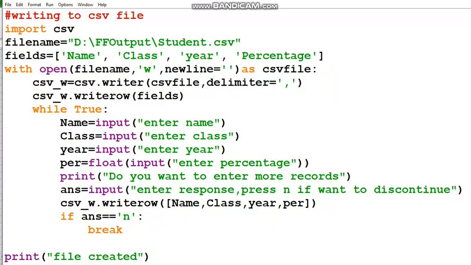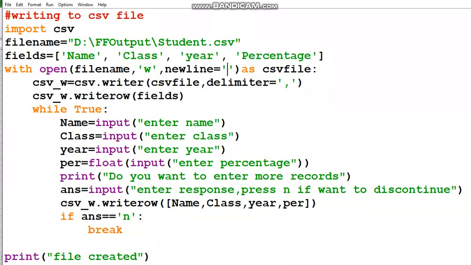My file is not getting stored where my Python files or my Python software are. My file is getting stored in this folder under the D drive. So this is the file name, replaced by the variable filename, which is already created over here, in write mode. And here I have used newline equal to an empty string.